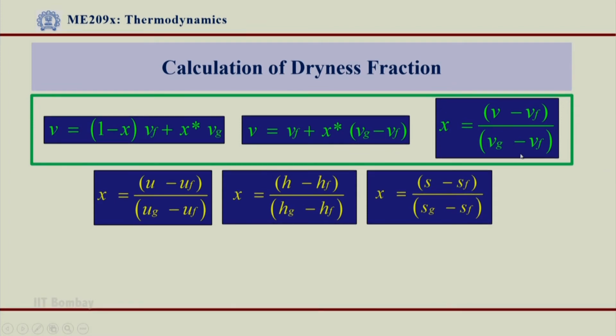Although the values of delta V and delta U are not given in the steam table, this value is directly given, and you know that hg minus hf is nothing but hfg, which can be directly read from the steam table. Similarly, I can read the value of sfg directly from the steam table, and because these expressions are more widely used, hfg and sfg are given in the steam tables. The basic point is, if I know the entropy or the enthalpy of a two phase mixture, I can immediately calculate the dryness fraction, or the quality of the mixture.